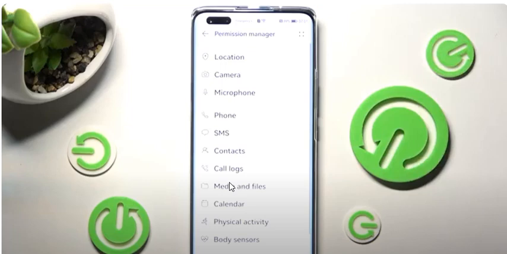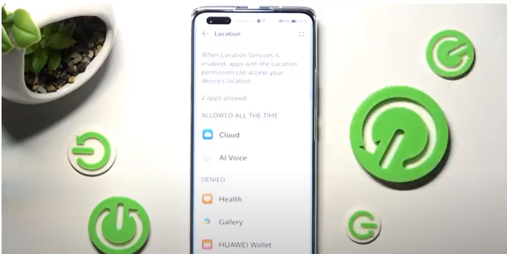Probably you can deny applications access to your media, either videos, photos, and files. If you click that, but let us see the rest: call logs, contacts, SMS, phone, microphone, camera, and locations. And that's all of the permissions. It's missing internet access for applications. But let's see what this video shows.